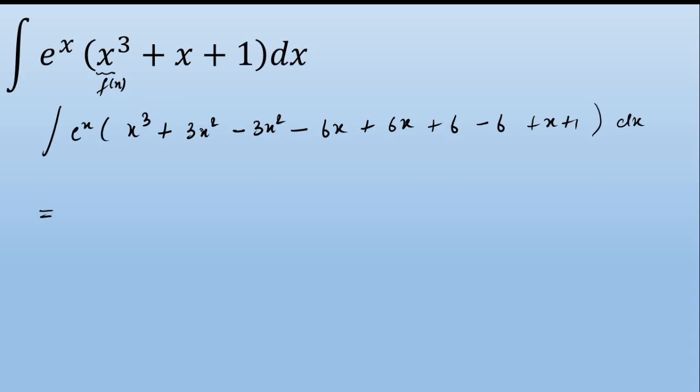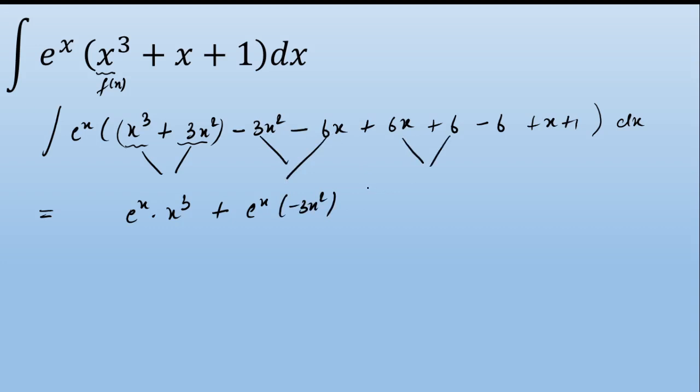Now I got this much. Now I need to make a couple here because this is f of x and this is f dash of x. So the integration for these two, if I multiply e raised to power of x, is e raised to power of x multiplied by that function, that is f of x, that is x cube. Here in this case it is plus e raised to power of x multiplied by that f of x function and its derivative. So the function is minus 3x square. Now next is this much. Using these two I got this much.